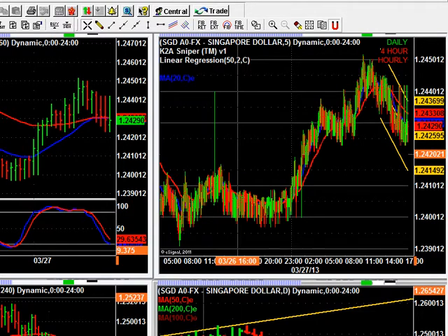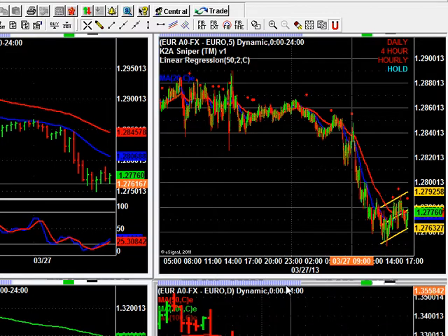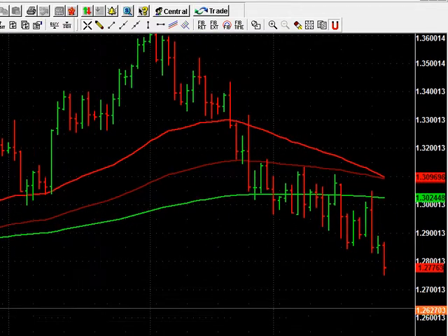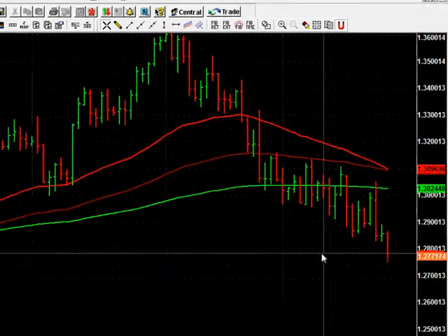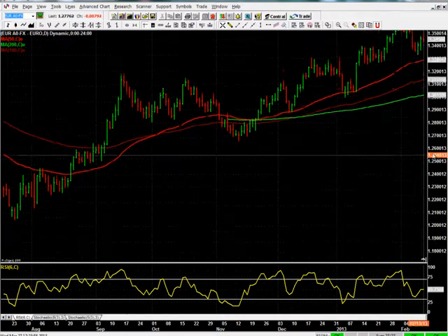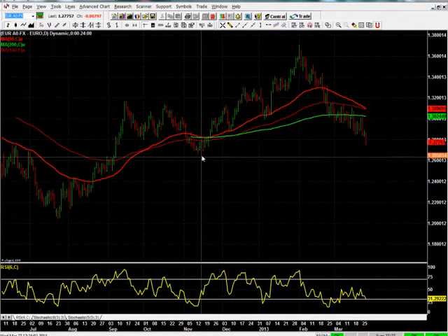Right, let's see what else is setting up. Now, Euro is falling off the cliff, which I'm not surprised. Expecting it to drop down. It's gonna go down to this low, and it's gonna even break through that low there. And then if it breaks through, it's gonna go down to the previous lows, and so on. It's gonna be moving in sections. So if you break through that low, then we're going down to here,